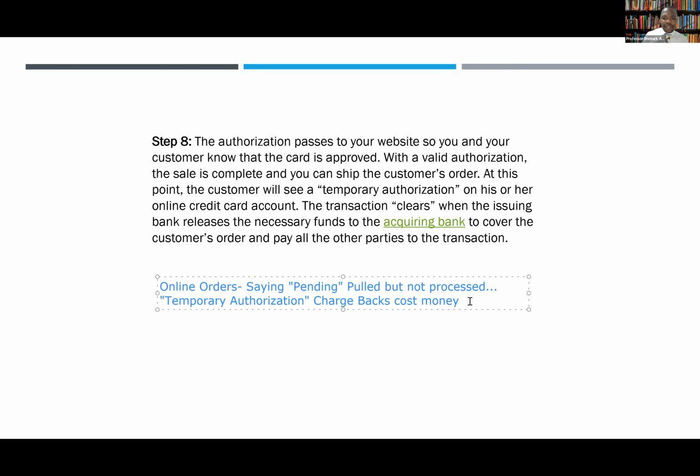And then many times you hear companies, sellers send multiple emails or SMS communicating order status, right? Because again, they want to ensure that all parties are on the same page.